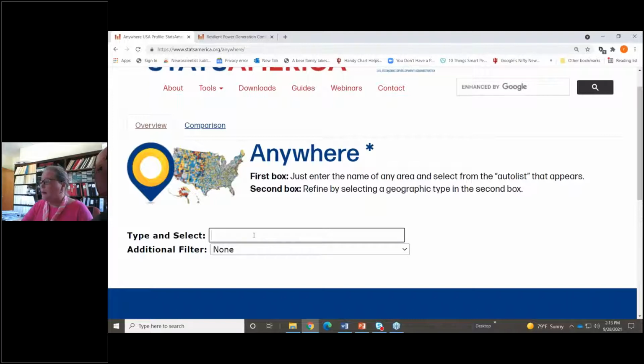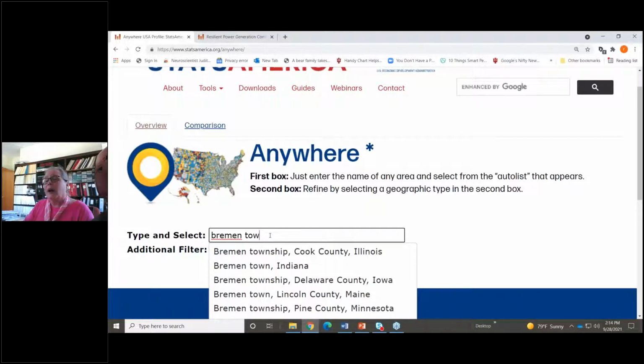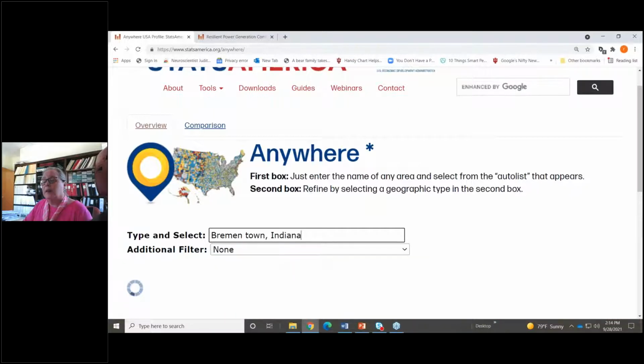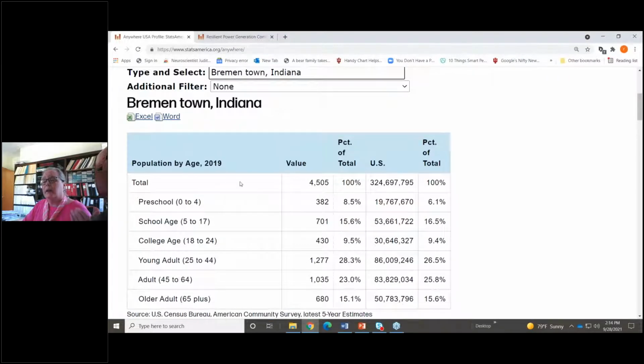I'm going to go ahead and just type in a name of a town. I'm just going to pick a town here in Indiana, that's Bremen, Indiana. And you notice it doesn't show Bremen, Indiana. It shows the Bremen schools. But if I start typing in Bremen town, I do know that it's a town, and I get Brementown, Indiana. So it's really easy to type in a place name and then actually get data tables back